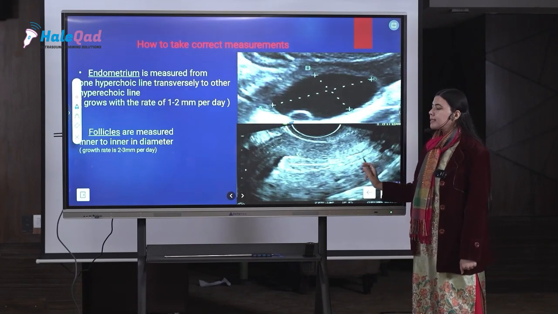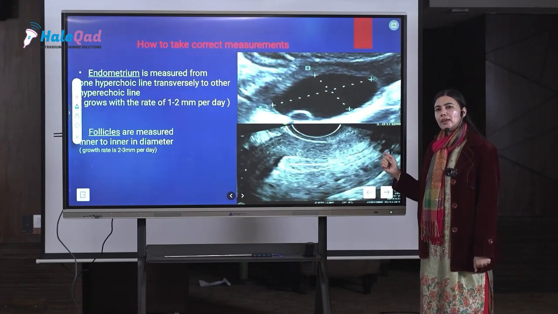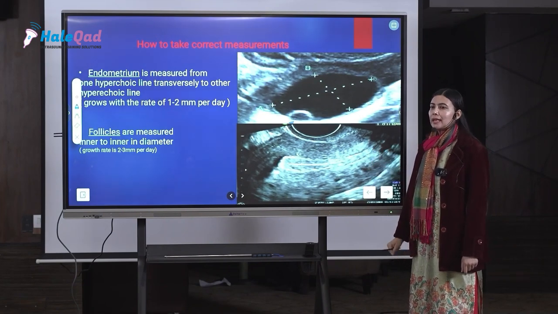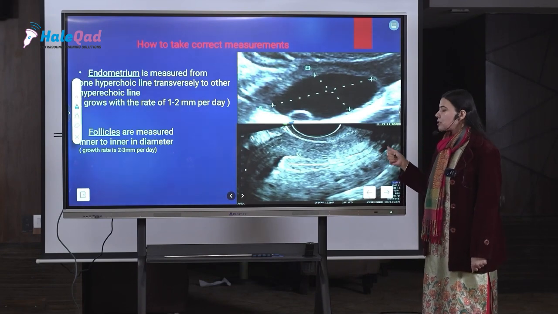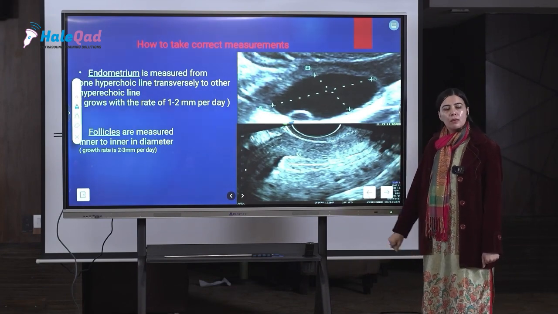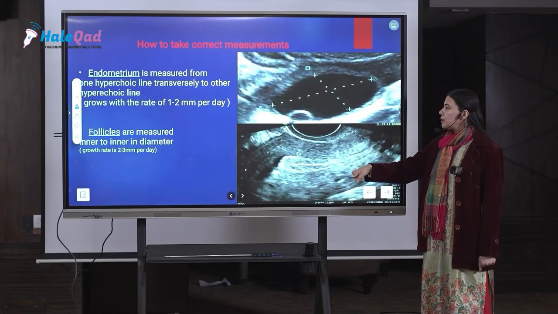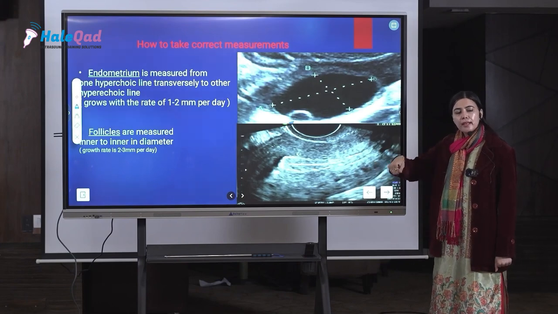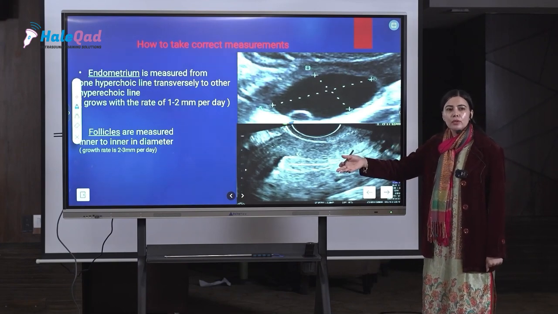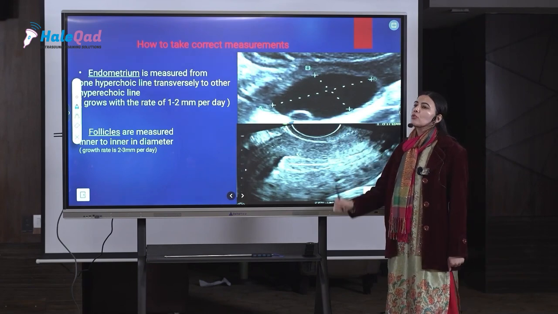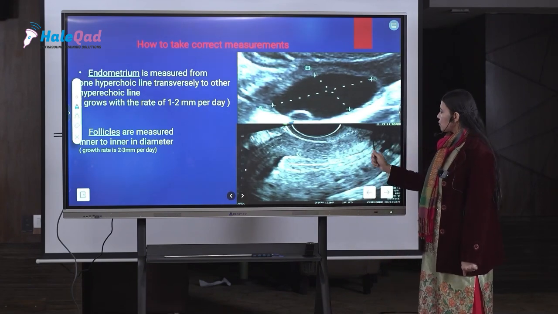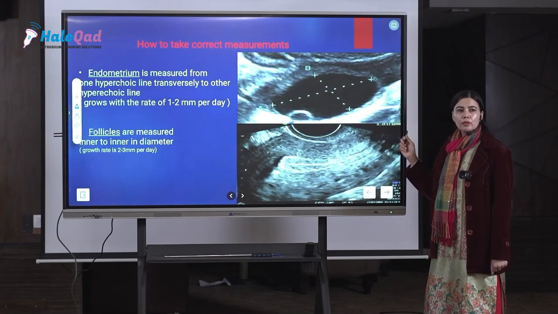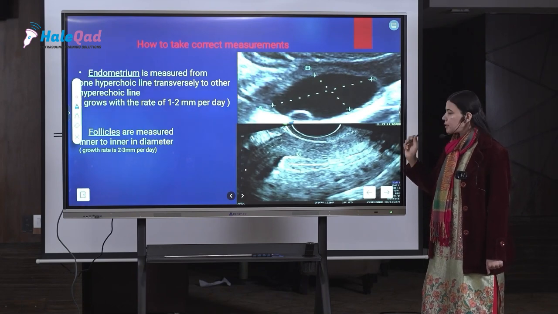How to focus? Mid-sagittal plane. If you are a very good sonologist and you are practicing infertility also, try to make a habit that the cervix should also come into the picture. Because as this E2 increases, this is going to grow, the cervical mucus plug will appear. That is an indication, indirectly giving you a reflection that yes, your cycle is going well. So that is also a point. So try to include that also. If it does not fit in one picture, take a separate picture. Look, the cervix is showing the cervical plug.